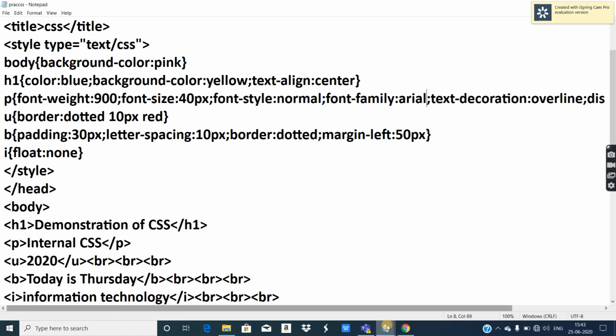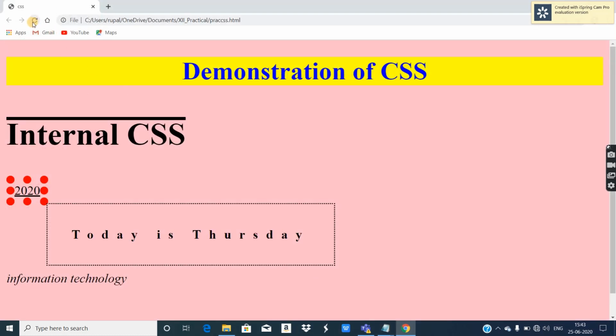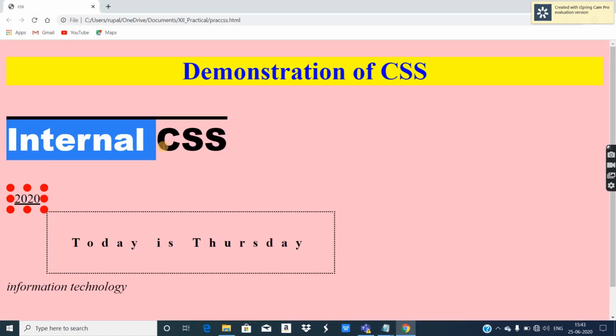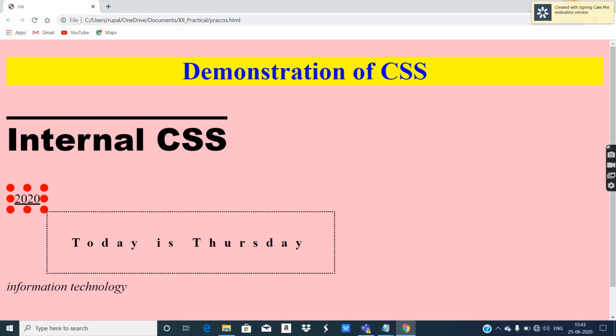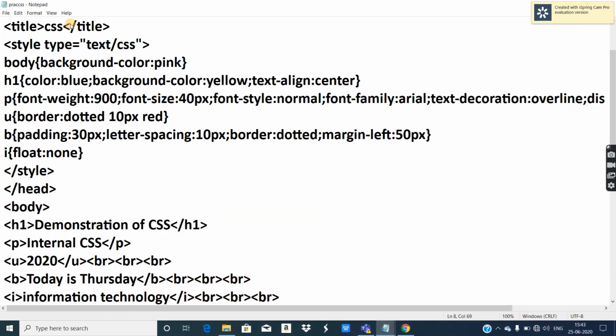Control S and let's refresh. See, this is the Arial font. So there are four properties related to font: font weight to provide a bold effect, font size to increase or decrease the size, font style, italic, normal, oblique, and font family to provide the name of the font.